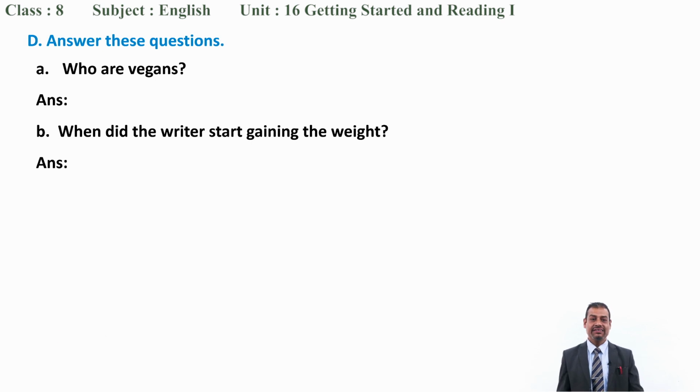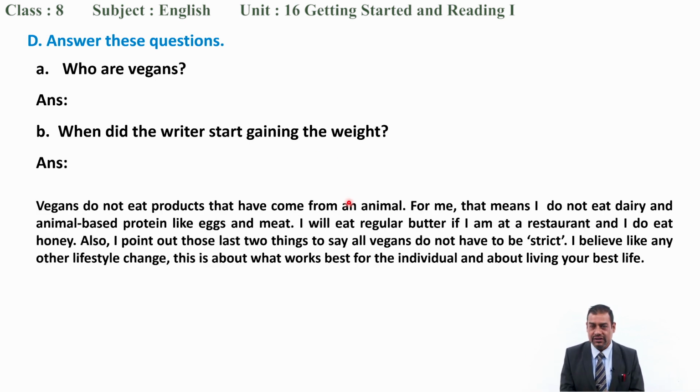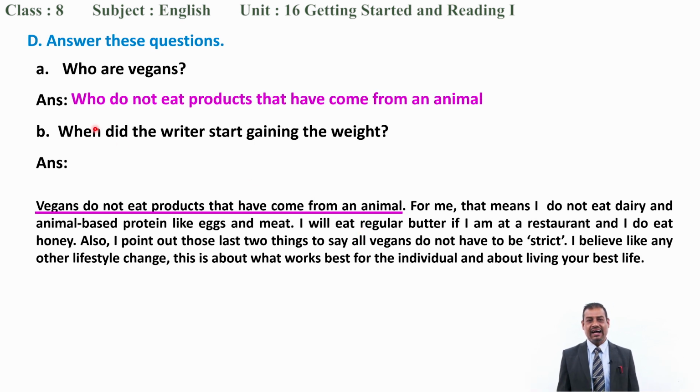Answer these questions. Who are vegans now? When did the writer start gaining the weight? It's very simple for you. Anyway, I want to give you the reference from the text. In this paragraph, in this line, you can find: vegans do not eat products that have come from an animal. So, who are vegans? Simply, your answer can be: vegans are those who do not eat products that have come